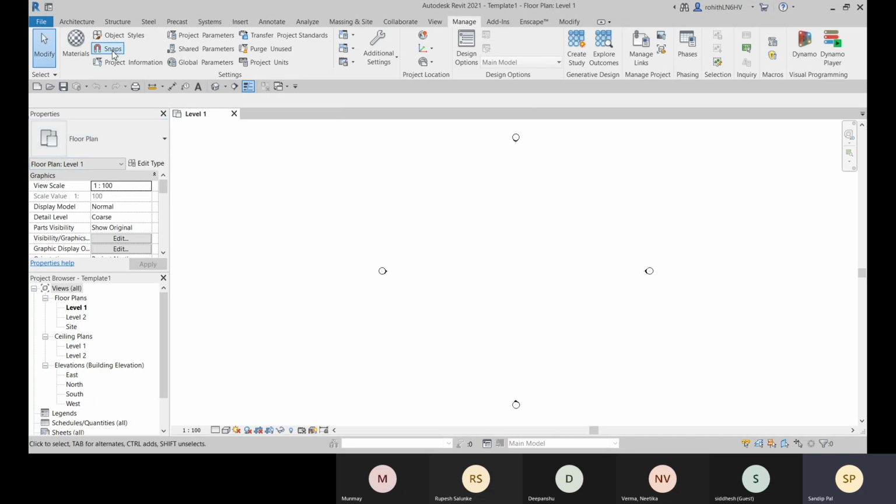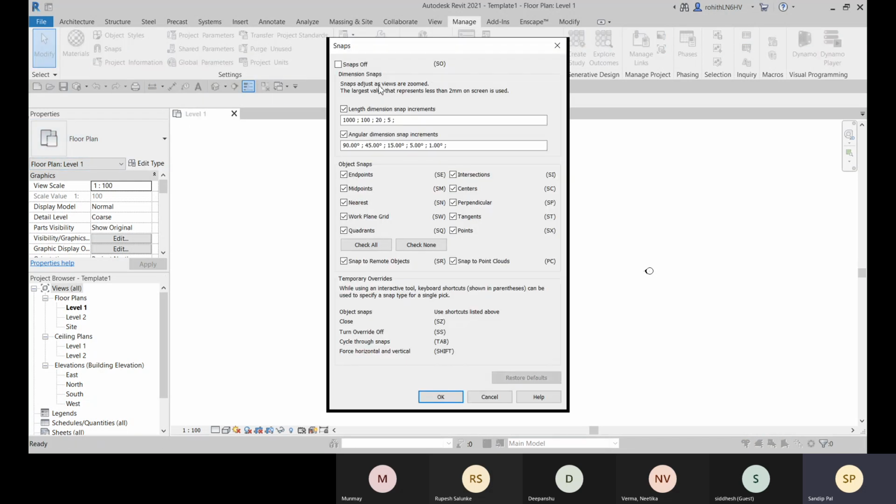And here we have this snap also. So these are the snap points. When you are creating any object, this will help you to create those objects at the right location, and with accuracy you can create it. So we have some snap increments and angle dimension increments.